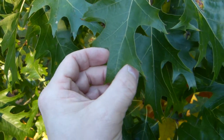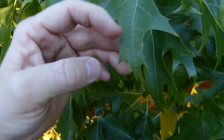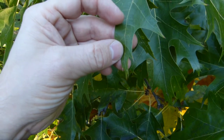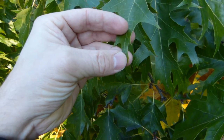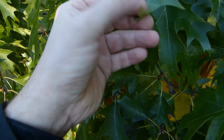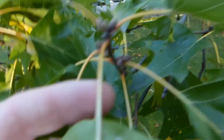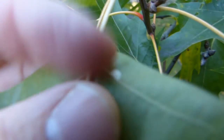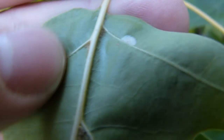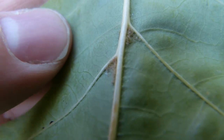On the last leaf lobe, this distance here, between these two notches, the width of the leaf here is less than half the length of this last lobe. So if you take this distance, it fits at least twice into the length of this last lobe. On the other side, the leaf is somewhat fuzzy at the midvein, there where these side veins branch out from the midvein. You can see some tan colored fuzz